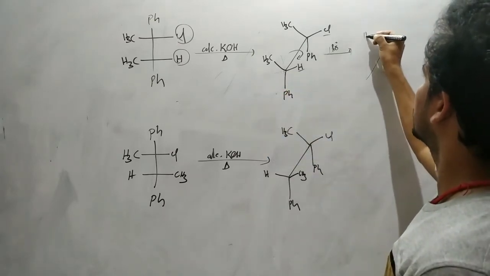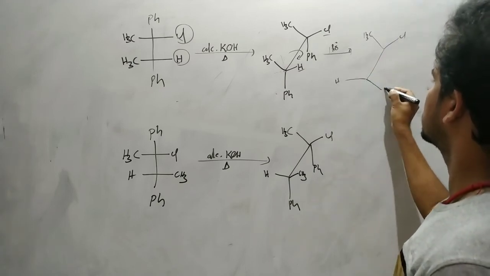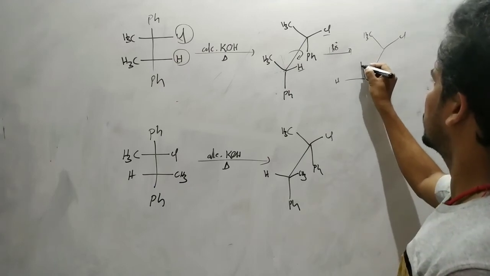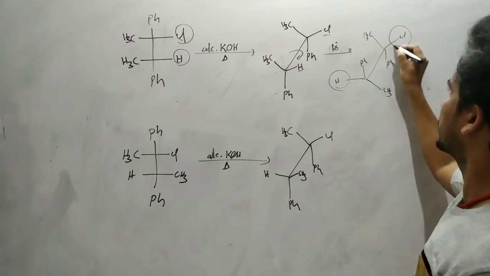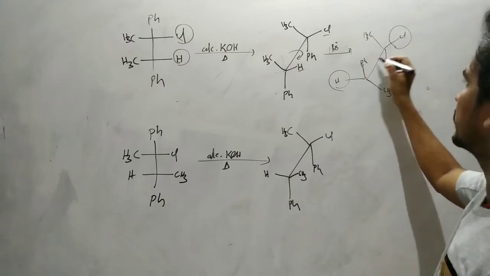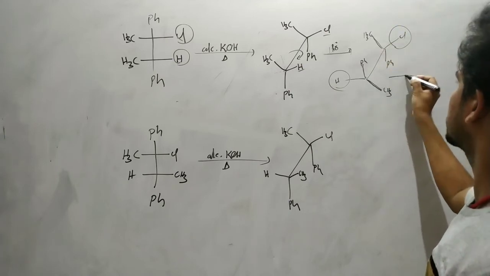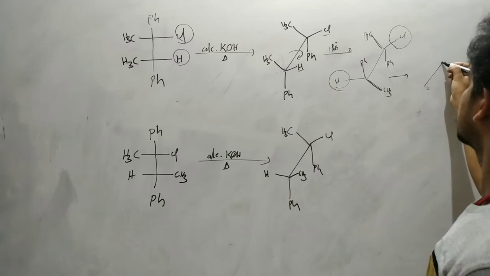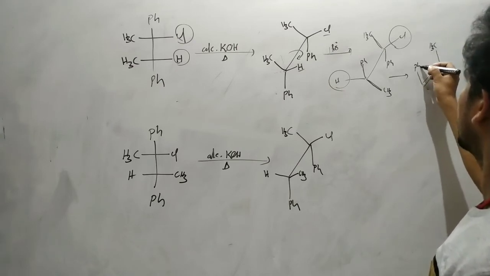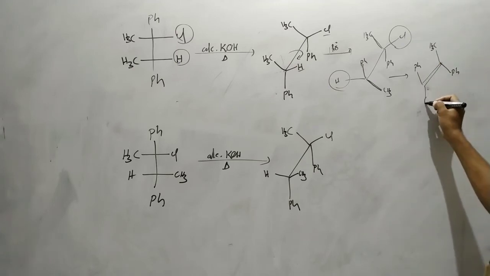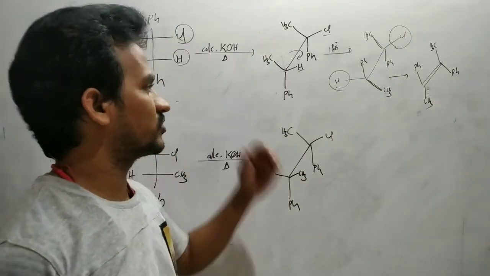So here in this case, methyl, chlorine, this one hydrogen, this is methyl, and this is the phenyl. So in this case, hydrogen and chlorine are removed. Now phenyl in one upward direction, one downward direction. Methyl in the upward direction, here methyl in the downward direction. So as a result, we get the trans isomer as the major product for this stereoisomer.